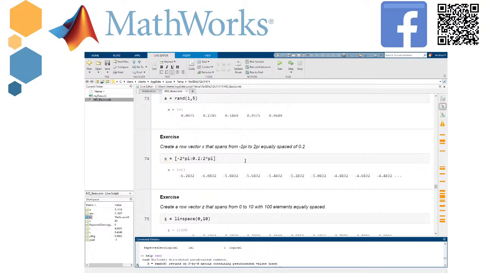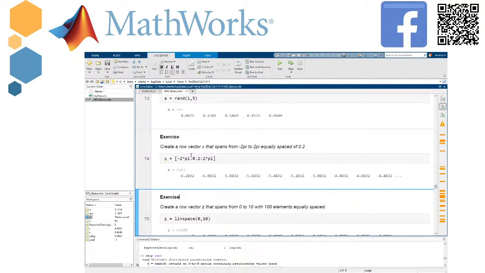This is an exercise, an example. We want to write a vector from minus 2 times pi to 2 times pi. Okay, and this is a way to write that. So this is what you need to write here. It stays for an array, a vector which starts from minus 2 pi and lasts until 2 pi with a step of 0.2. Okay, so at the end we have an x equal to 1 times 63, and 63 is the length. Okay, there is 1 row but 63 columns, and this is an array vector